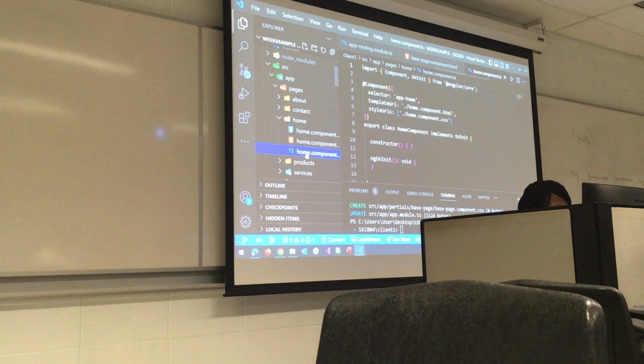We'll compose a new object for that. And remember, we created a base page, so we'll extend that to the base page. So we have imports component from Angular. Right. Before we add the partials, let's extend.